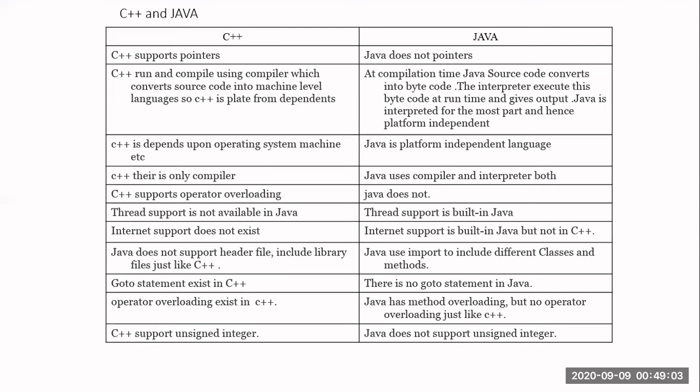So in today's class, if you can recollect, we started with an introduction to Java. We started with what OOPS is. We saw some of the features of OOPS. Then we discussed the history of Java. Then we moved on to the key features of Java. Then we discussed two questions: one about the difference between C and Java, and another about C++ and Java.